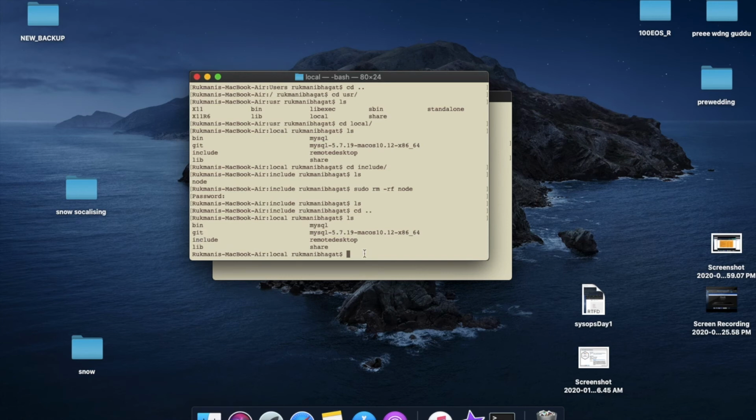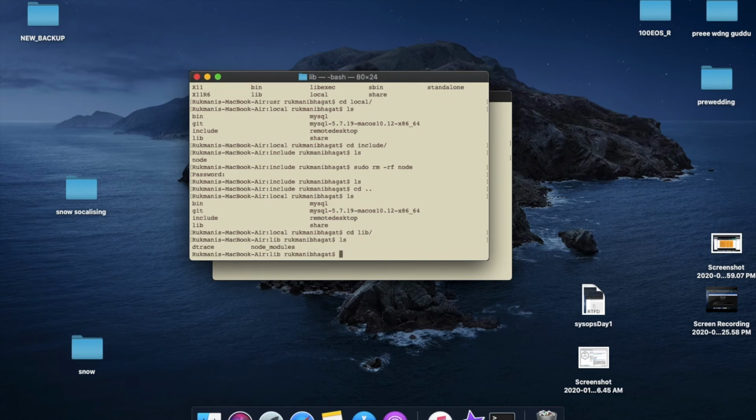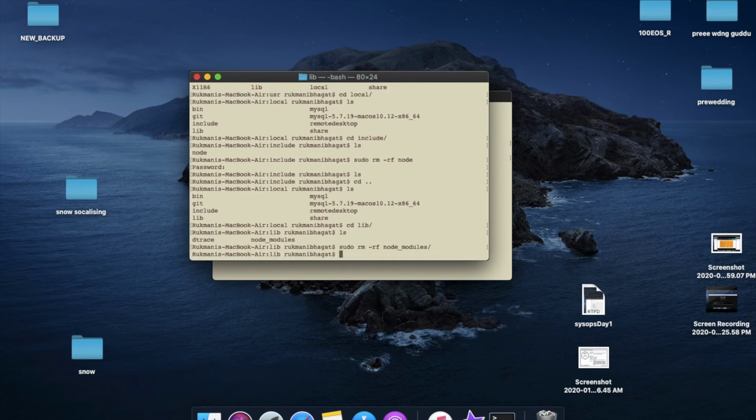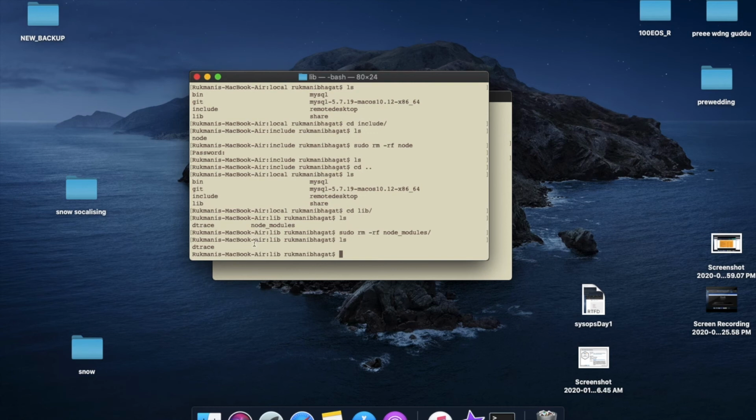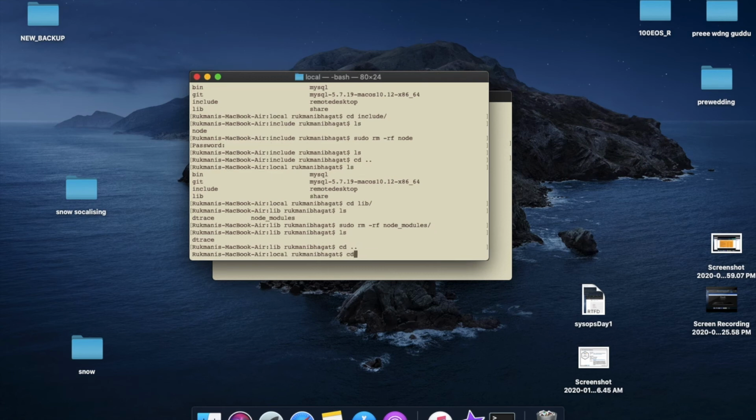So going to remove from lib, node modules, sudo rm -rf. Okay, it's removed now. Now navigate back and enter in bin folder,